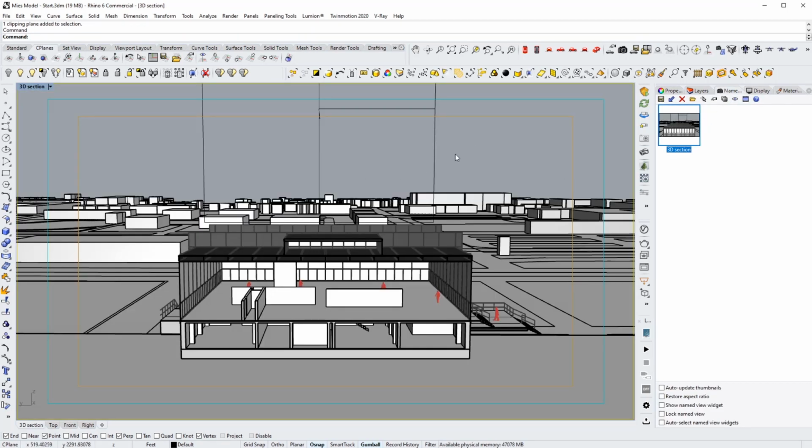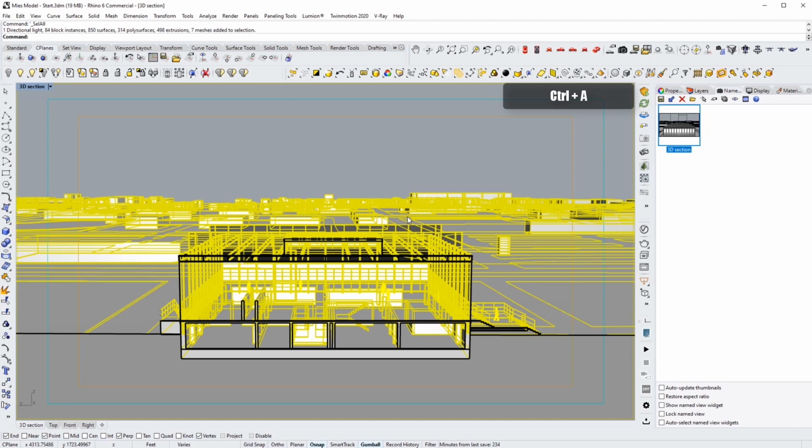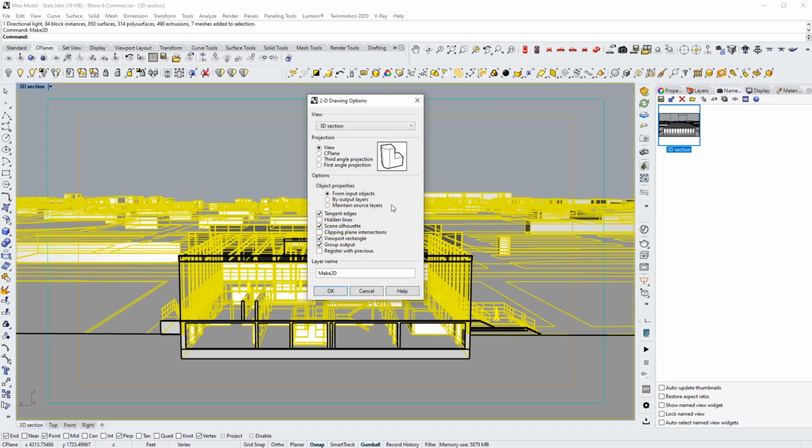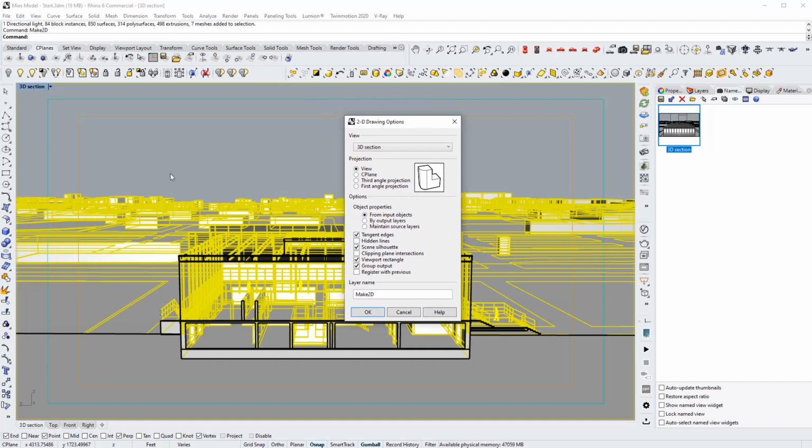First thing that I want to do is hide this guy, and I want to say Control A, select everything, and then type Make2D. So this is the first step. We want to create Make2D from this 3D section, 3D drawings. And these are some of the options that we want to have. So we want tangent edges, scene silhouette, clipping plane intersections, and we can put this on a layer